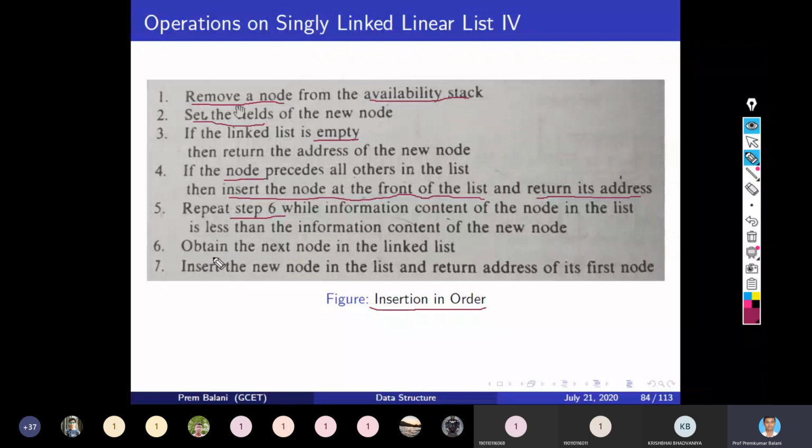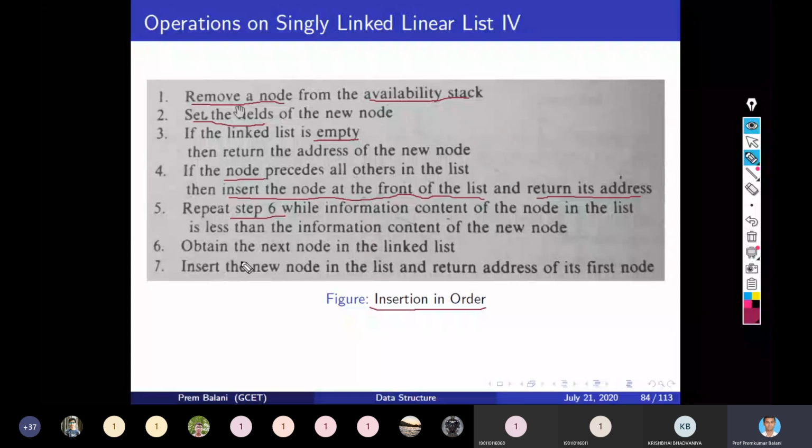Once you reach the particular place where you are supposed to insert the node, then insert the new node in the list and return the address of the first node.